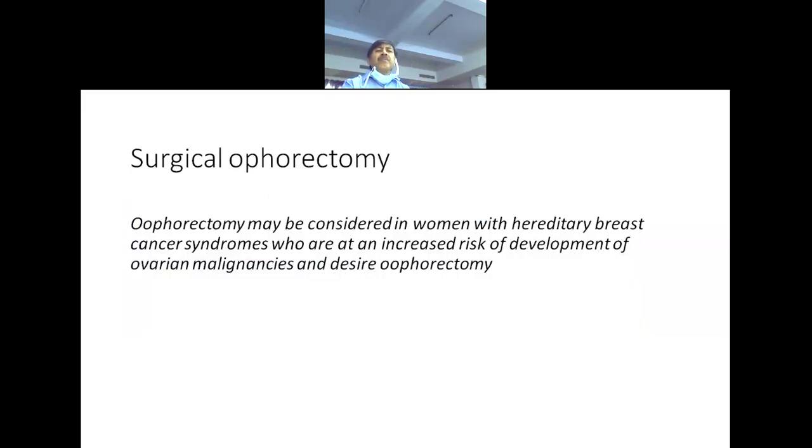Role of surgical oophorectomy is not done nowadays. It is done only when, say, BRCA1, BRCA2 mutation is there, because these are the patients who can also have ovarian cancer. So once the patient is having carcinoma of breast, and the patient is BRCA1, BRCA2 mutation positive, then we can go for the oophorectomy, which will serve the purpose of this ovarian suppression, as well as later on there is no risk of getting the ovarian cancer.